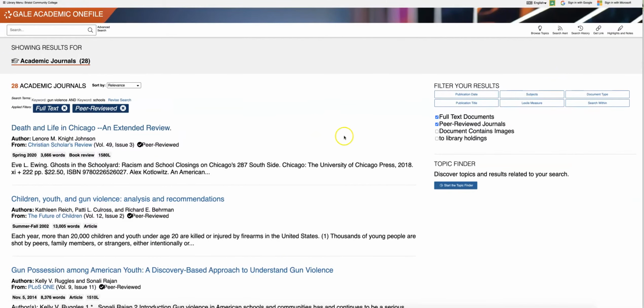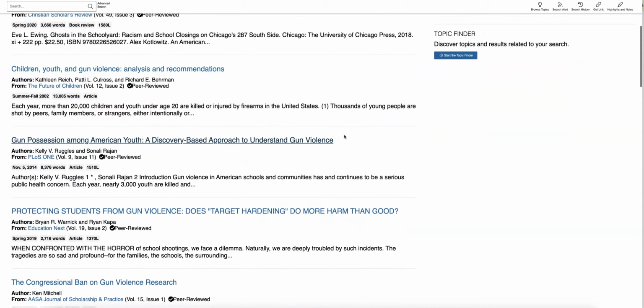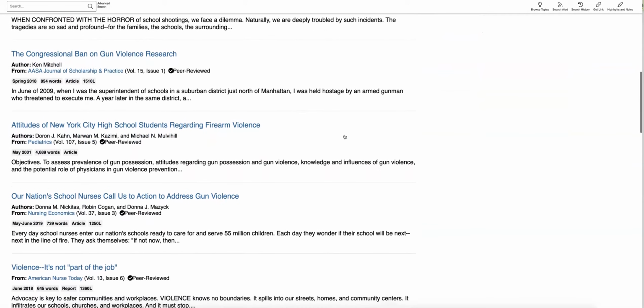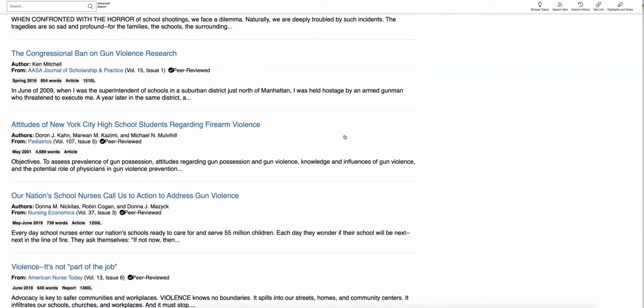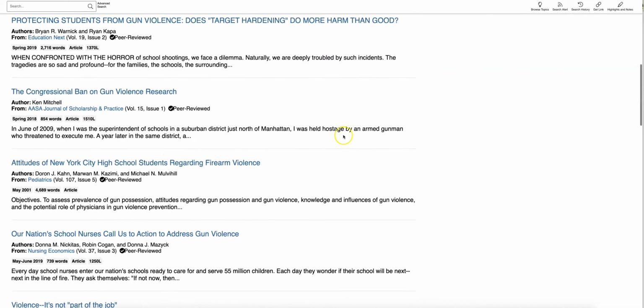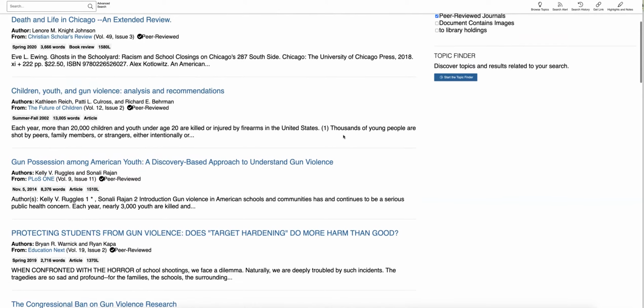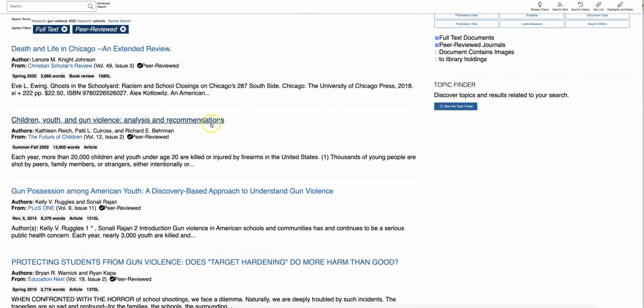Okay, so once you get your list, you just need to scroll through and see what piques your attention. So I'm going to check on this one. You have the basic information here: the author, what journal it appeared in. It says right here that it's peer reviewed, what the date is, how many words it is, and that it's an article. So you can just click on the link